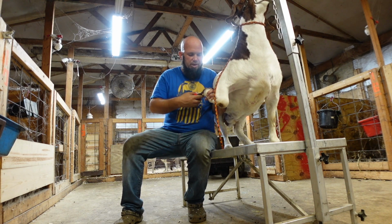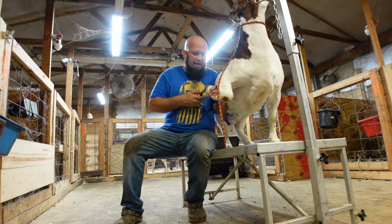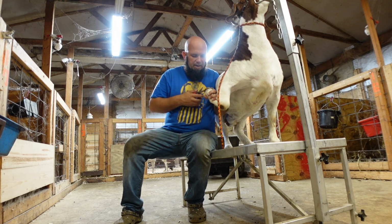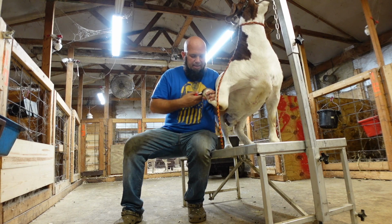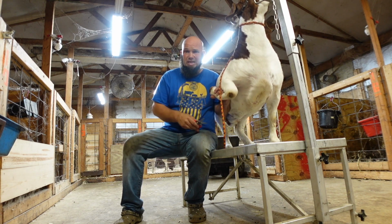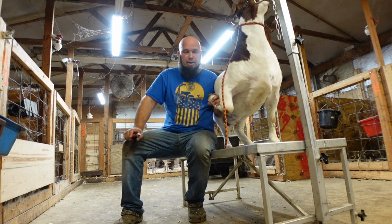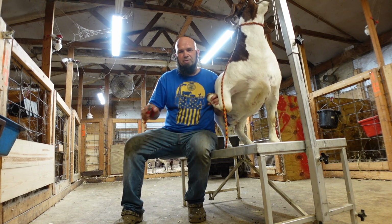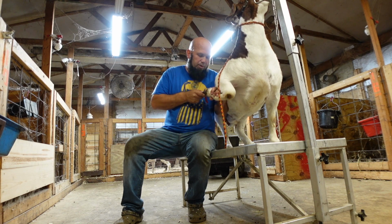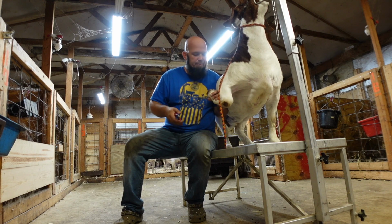Most all our girls right now, feet are all trimmed. I have a couple I need to do still. The ones I got from my mom have to be done. This doe here, she's a nice doe. I don't know if you've seen her daughter in the show ring. She's the spotted up doe that we have. She's been in the 0 to 3 months and now in the 3 to 6 month. We've been showing her the last few months here. So this is her mom,